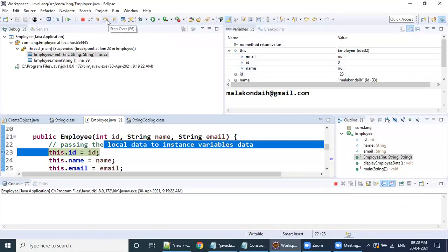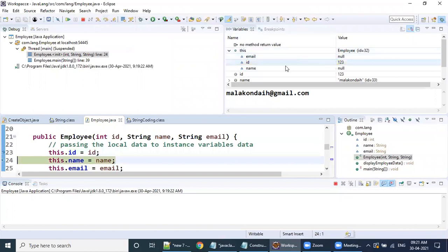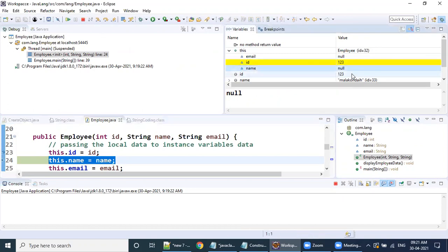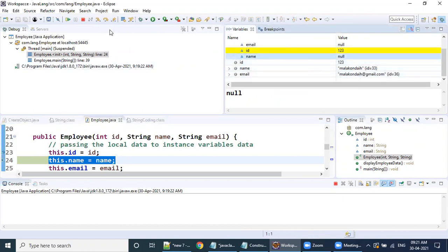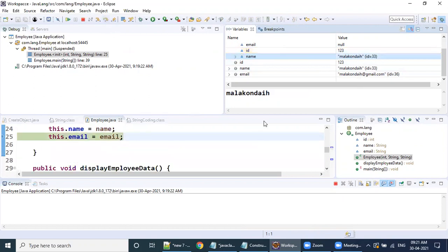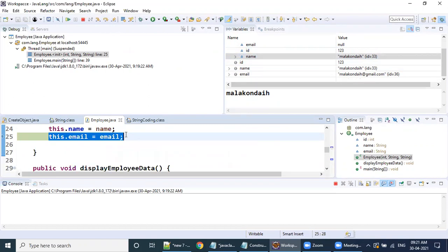What change is going to happen? Can you tell me? ID changed to 123. When this statement is executed, if line number 24 is executing, what is the name going to change to? Name is changed to Malakonda. Yes, very good. This is the kind of debugging. Now, after the email statement is executed, what are the changes here?